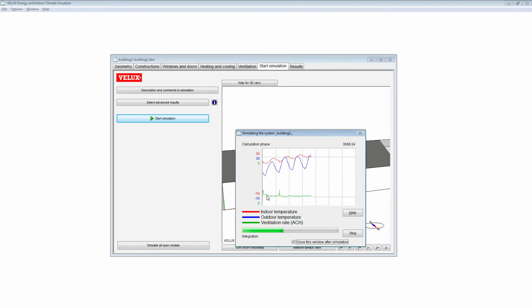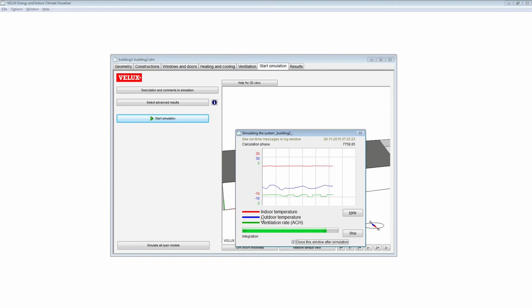And you would see when we go into the data later on that it has probably simulated more than these 8,760 hours that are in a year. This is due to the fluctuations in between these hours, caused by balancing out the heat consumption and the heat losses through the building and the airflow through the building.